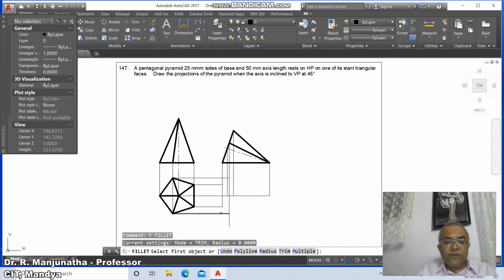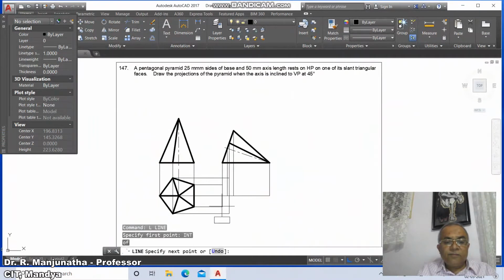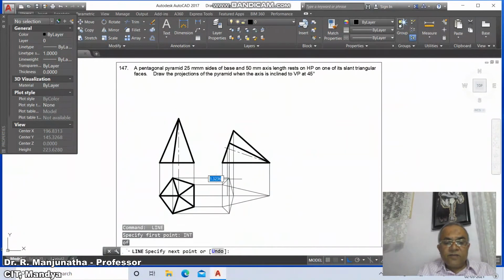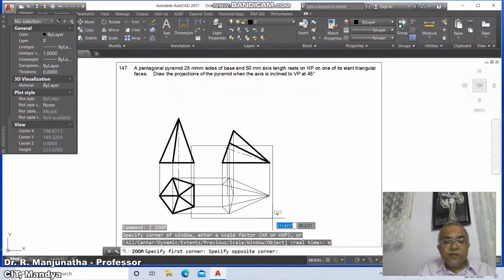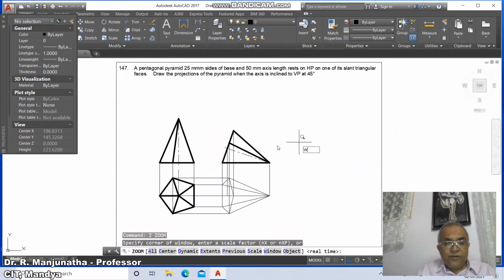Then go to line, fillet between these two, then go to line, take int of this and take intersection part of this and take int of this and take int of this and take int of this. Then come down to int of this and take int of this, similarly line int of this and int of this and take int of this. Then go to zoom window, then come down to this, then go to zoom window,